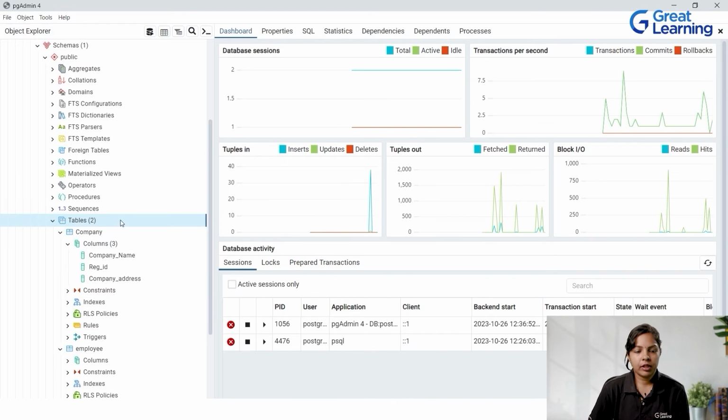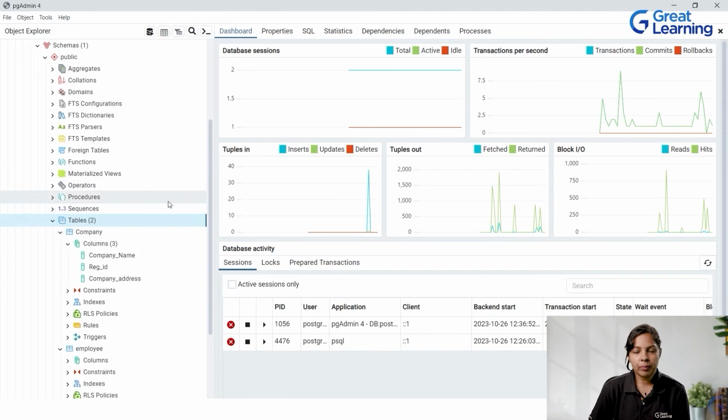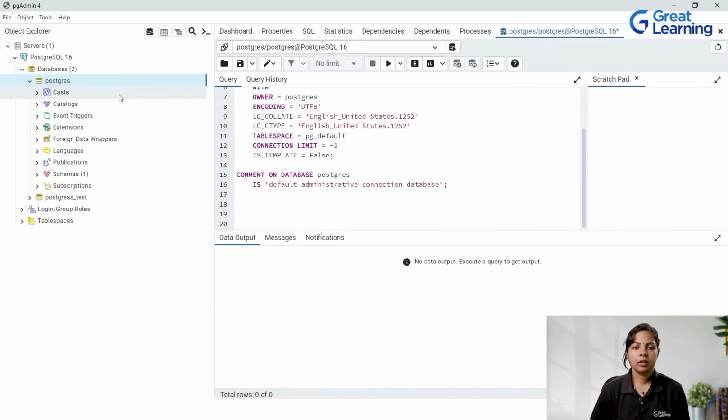Once creation of a table is done, let's see how we can delete a table or drop a table. To drop a table, meaning the complete deletion of the table along with its columns and everything, can be done in SQL using the command drop. So now we have seen how to create a table using SQL Shell as well as pgAdmin. Now we'll go ahead and work with those tables created. First I'll demonstrate how to drop a table, that is, delete a table along with its columns and everything. Then going ahead, we'll talk about deleting a particular row. Then we'll also talk about how to update the values in a table. So let's see all these three